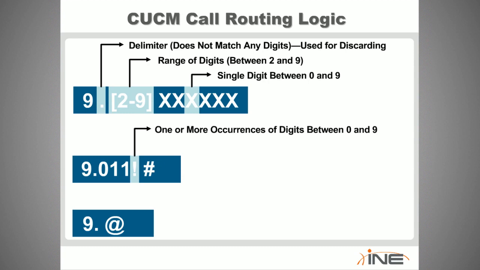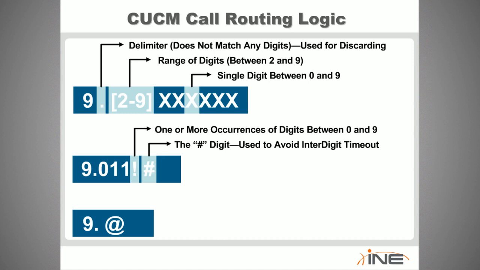Since the exclamation, if we go back a step, was one or more occurrences, and the "or more" could be infinite, once the user presses the hash, we have essentially said there are no more possible digits that can be dialed, because the ballbat, the exclamation, does not match star or hash. If it did match hash, it would just be another possible digit and it could go on infinitely. Since it cannot match a hash, and we dial a hash, and there's a hash in the pattern, of course we have to set one up for it to match,